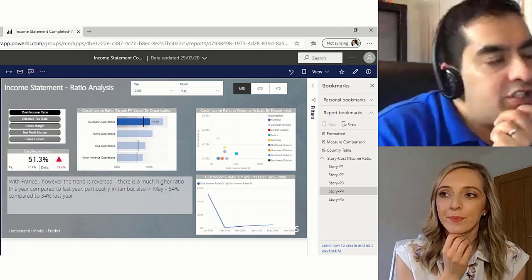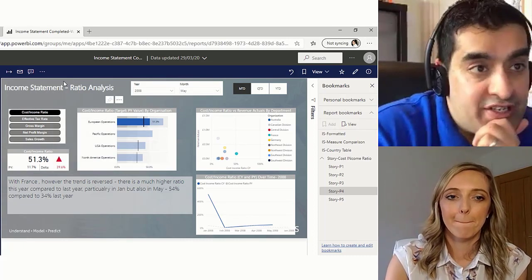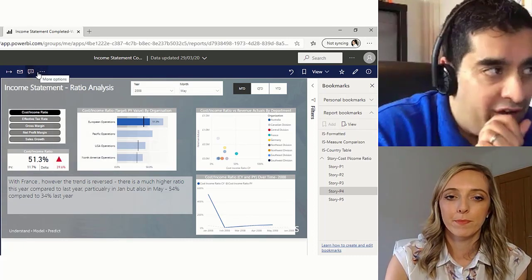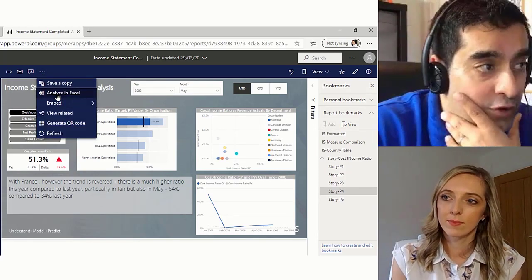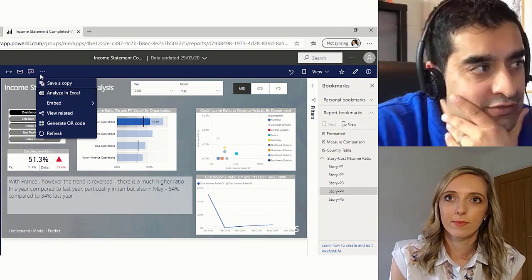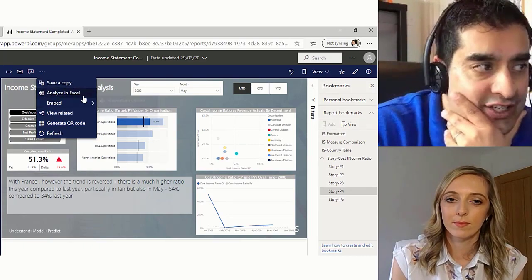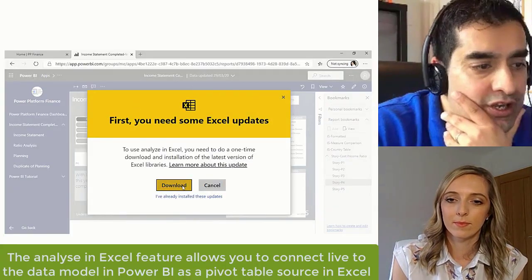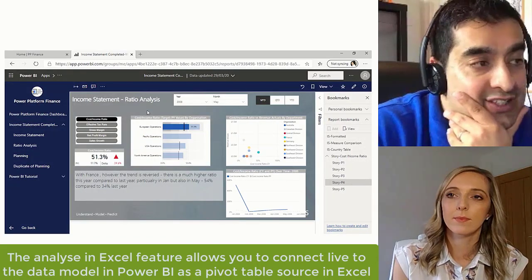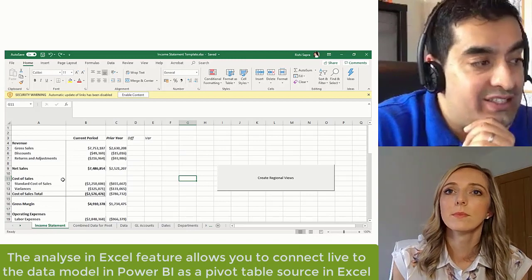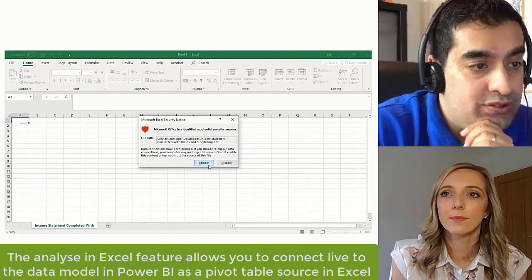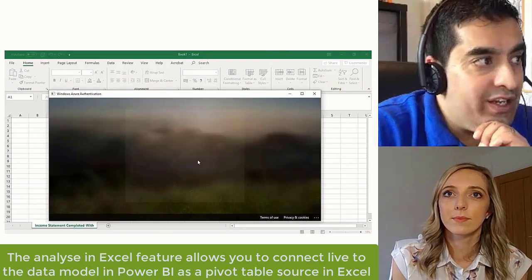Yeah. So, yes, it is possible to bring this data into Excel, either for ad hoc queries when you're in a meeting, or if you want to delve into that detail. You can click on these three dots here and do Analyze in Excel. And what that will do is open up in Excel this Power BI data set as a pivot table source. So once we open in here,